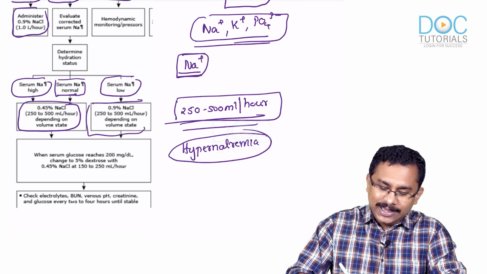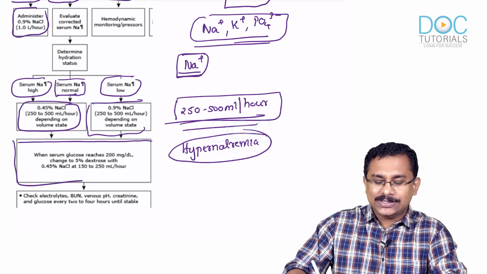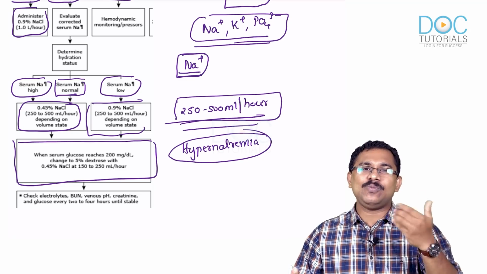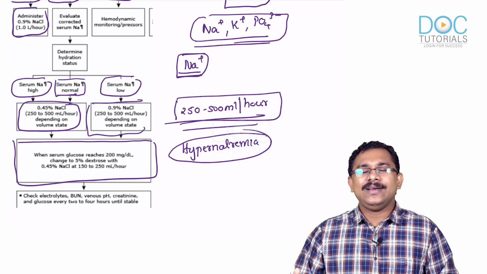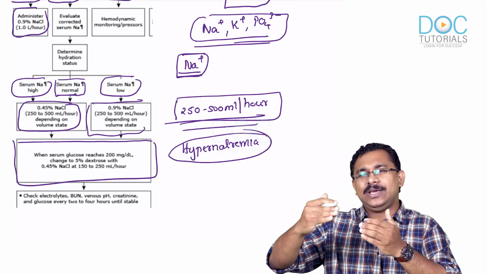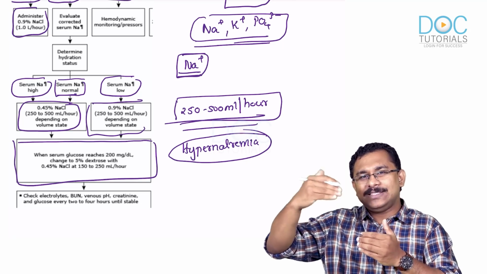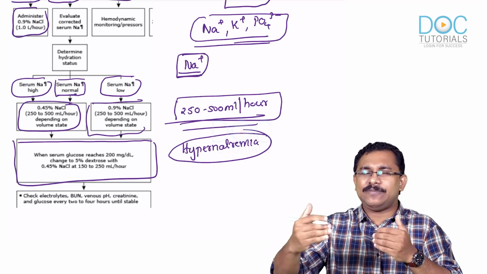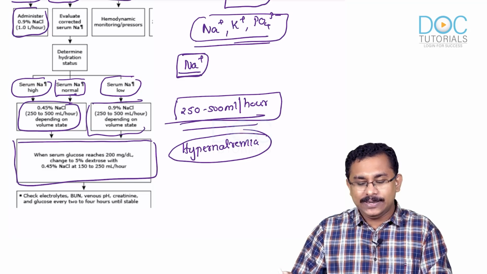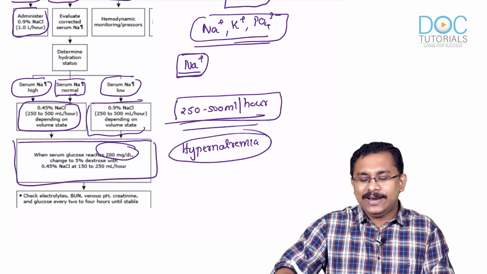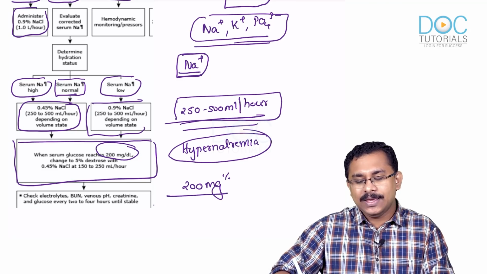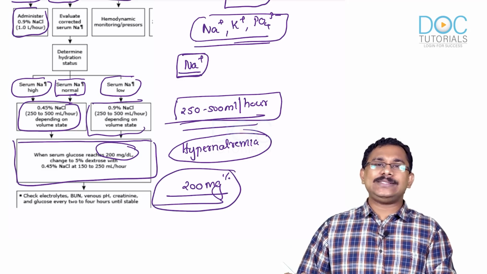But once the blood glucose level, because we are constantly checking the blood glucose level, every half hour, you monitor the blood glucose level. In a patient in whom the blood sugar level is very high and you're going for very aggressive management, you can measure the blood glucose level even more frequently. But once the blood glucose level has reached the mark of around 200 milligram percentage, then what happens is, till